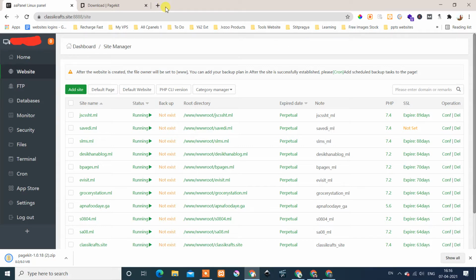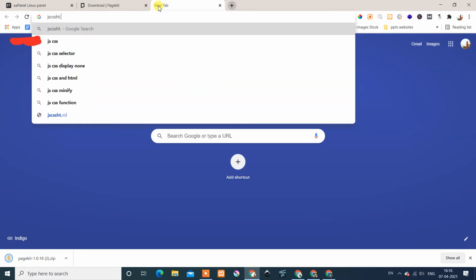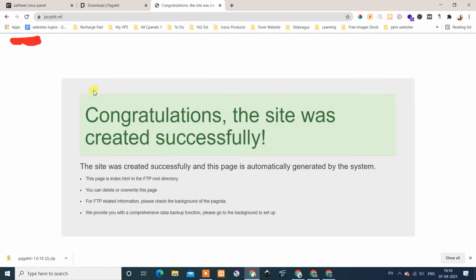If we check GTmetrix and other things, so this is my website and it's the file manager. It's the root directory of that domain. So I just uploaded the installation, and the root directory has only the default setup. It doesn't have anything extra. So I first open that JS, CSS, HTML,